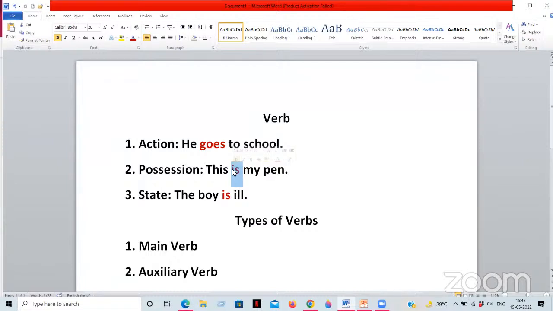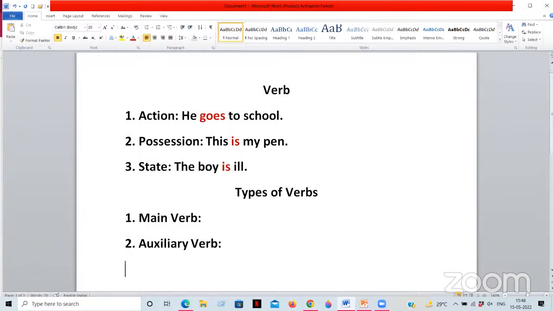So there are 24 auxiliaries and the rest of the verbs are main verbs. The 24 auxiliaries are like am, is, was, were, have, has, had, do, did, does. Then we have modal auxiliaries like can, could, may, might, must. So you just have to go through that and remember these things. Now this was one criterion of dividing verbs into two things, that is main verb and auxiliary verb.